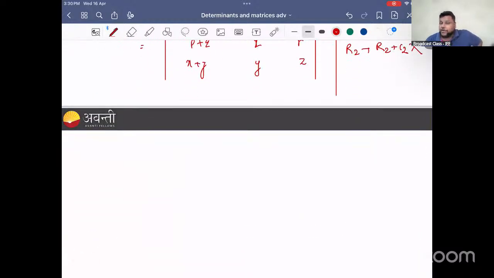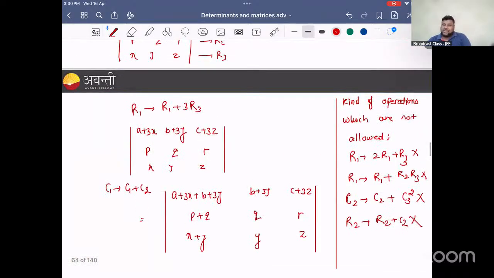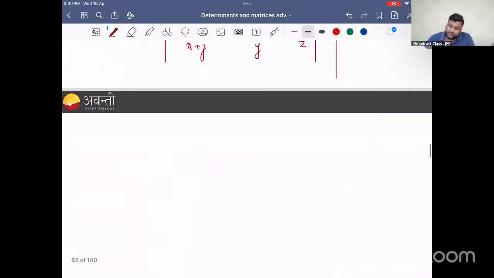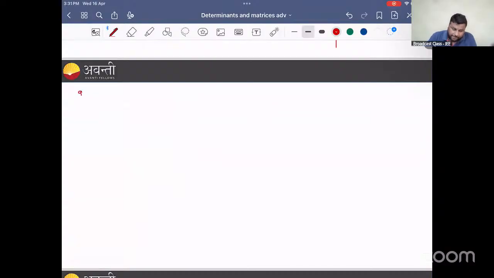But this is a very important property. This is now no more in the board syllabus, these properties. But most of the JEE questions are dependent on these properties only. Now see question number 9. If by putting x equals to a, the value of the determinant